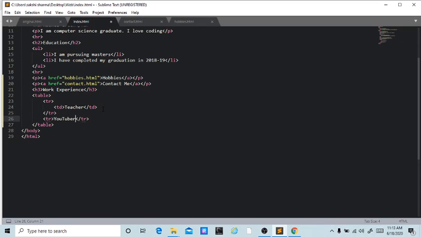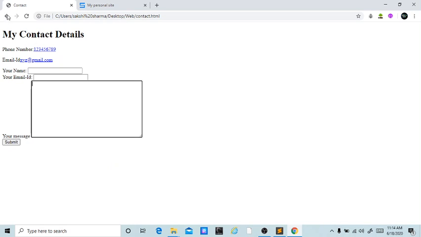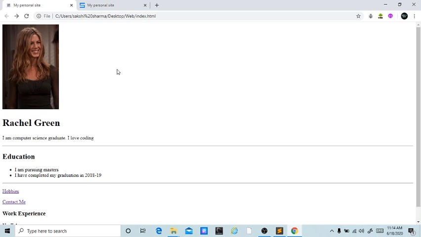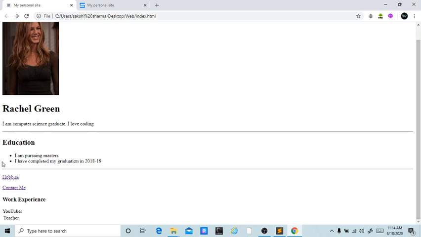I'm writing this in the row, not in the table data, and you can see it is not looking like table at all.